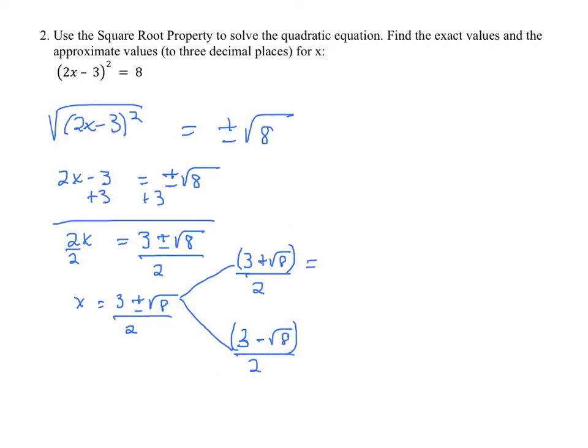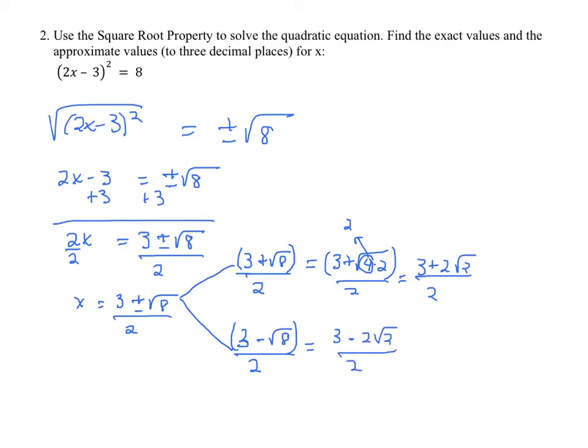Now, these are both exact and they're wonderful, but I bet that you can simplify the square root of 8 to 4 times 2 is 8. The 4 comes out as a 2. So this will be 3 plus 2 radical 2 over 2. And now we can use our information from above. 3 minus 2 radical 2 over 2. And now I'm going to put it into the calculator. Now these are your exact, right? Because I didn't